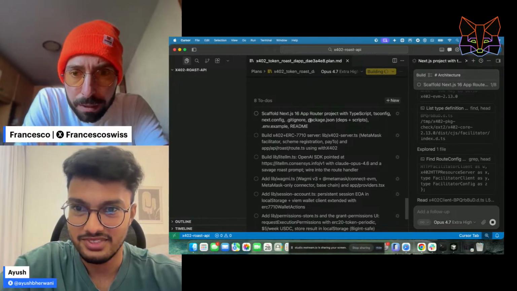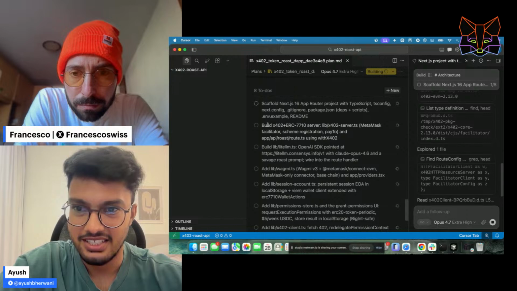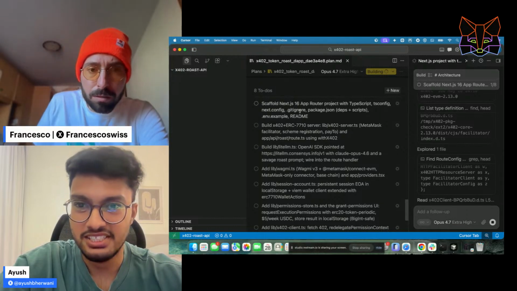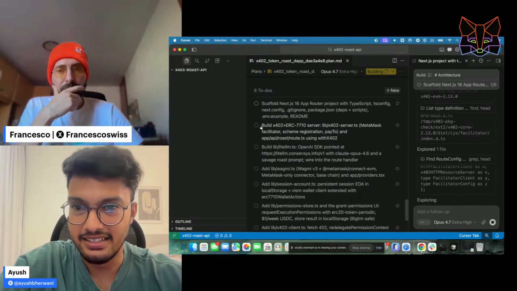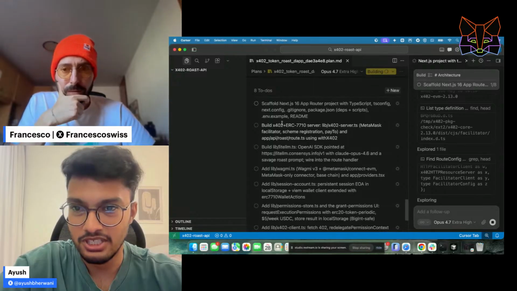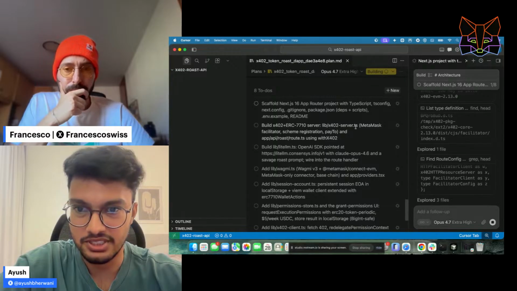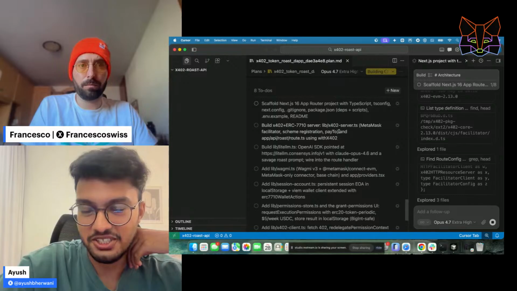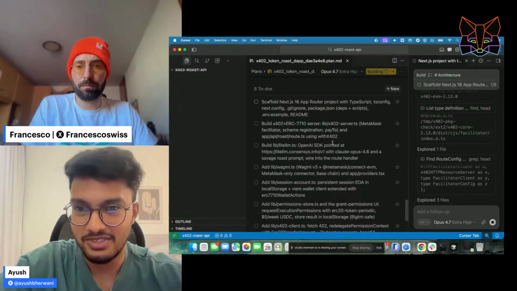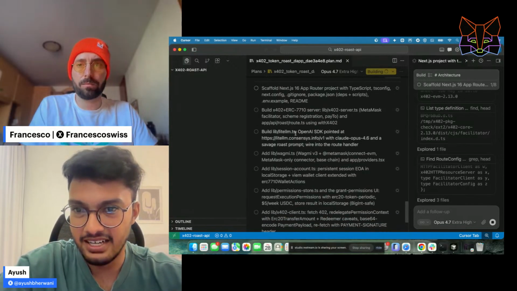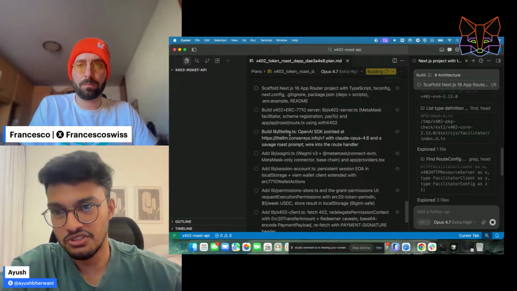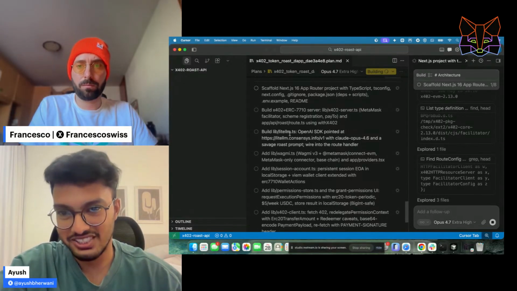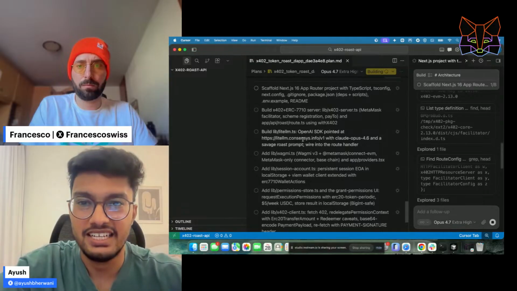Okay. Makes sense. Once the scaffolding for Next.js is done, it will add an API path into the X402 for the Next.js, where it will have an X402 server that you can hit to get the roast done for the tokens. And once that is done, it will also add the LiteLLM, which the X402 server will use to actually get the roast responses from the LiteLLM.